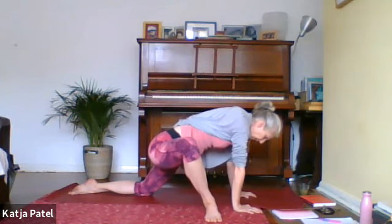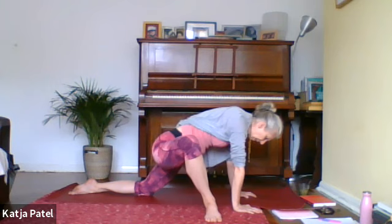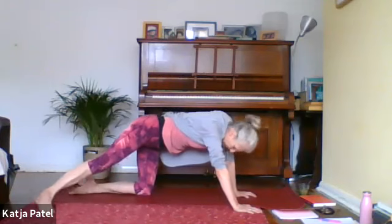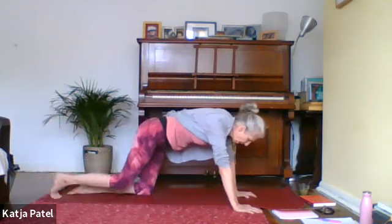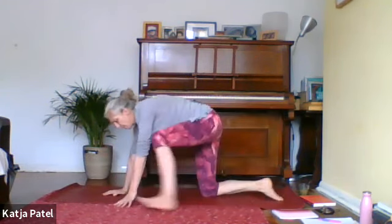Take 3 deep breaths in and out, and in again, and out, and at the end of the out breath, come back, sweep the leg in a big sweep back, again tuck toes under, lengthen through the back of the leg, and then release the knee down, change side, step forward with the left,